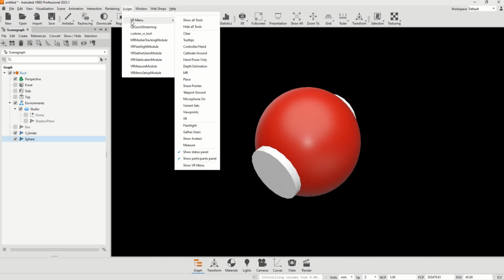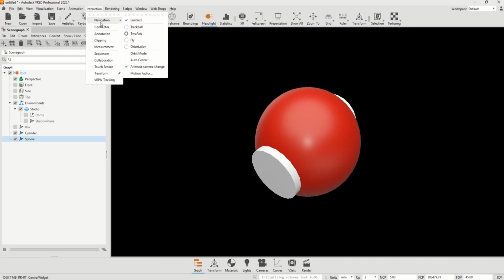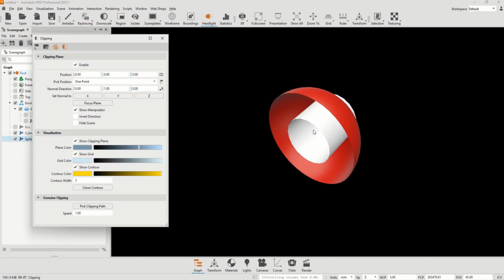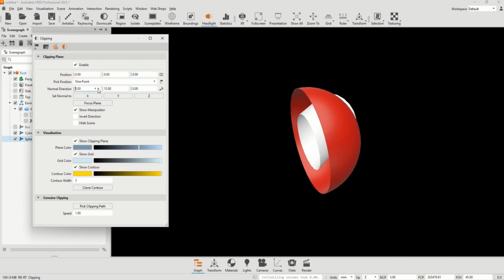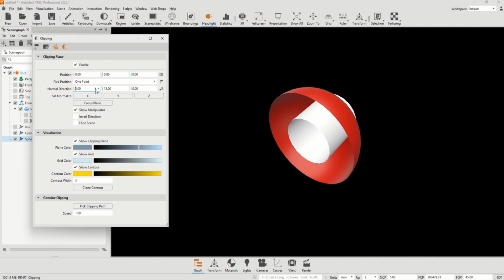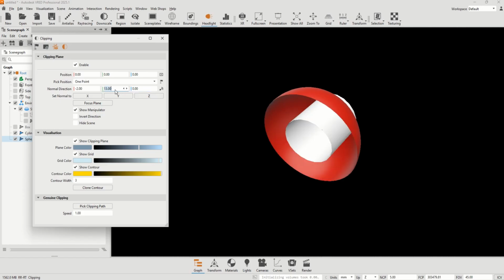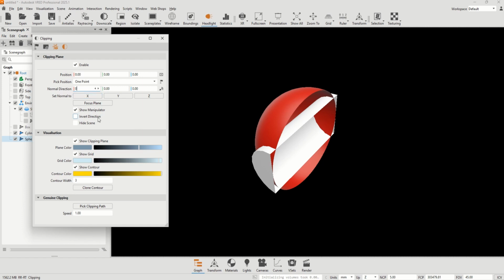Then in scripts, you have a lot of different VR menus. And in interaction, you have some objects like clipping, where the objects can be cut into different cross sections, and with these three parameters you can modify the clipping in different directions. This is very handy when you are looking into the object in different dimensions, for engineers, or even for visualization while you are designing the prototype, to detect any flaws in the design or the model or in the geometry. So these are some of the aspects of VRED,